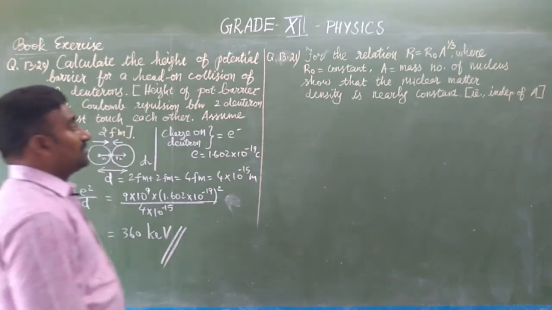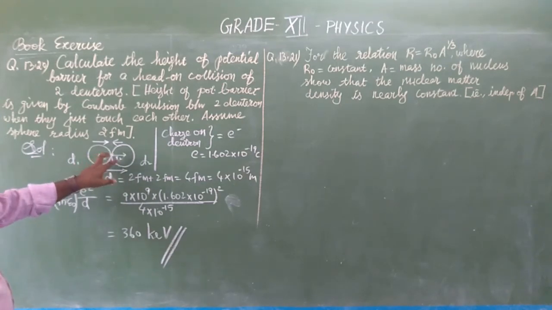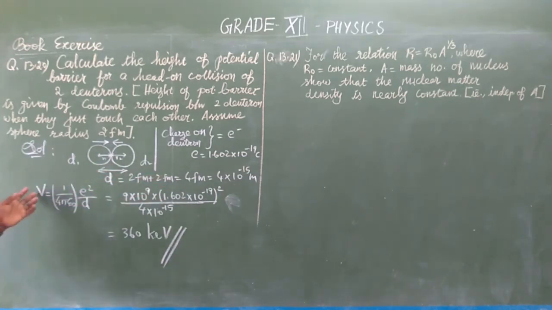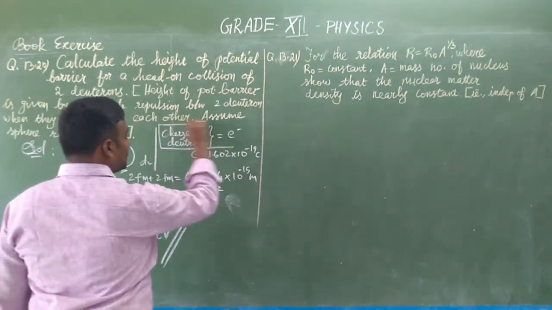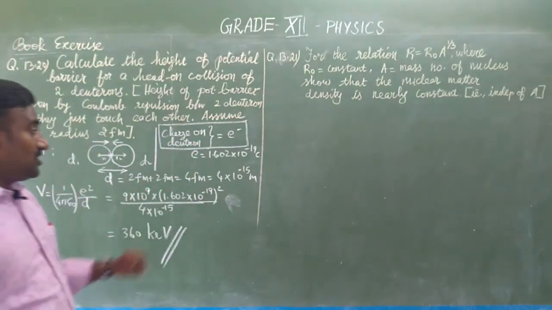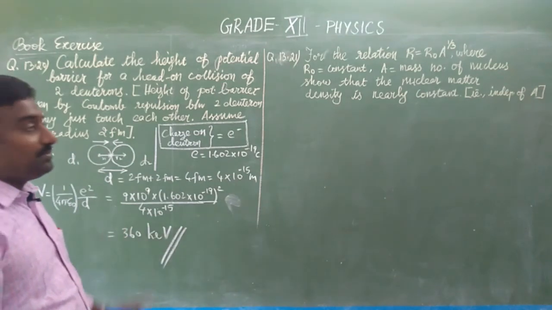Okay. I think you are very clear. There are two new deuterons, both also undergo head-on collision, and each deuteron radius is given. So the distance of closest approach D is equal to 4 fermi-meter, we know that. So the potential barrier we have calculated by substituting all the values. Since the charge of a deuteron is equal to the charge of an electron, because a deuteron contains only one electron. Okay. After substituting, this would be the final potential barrier.